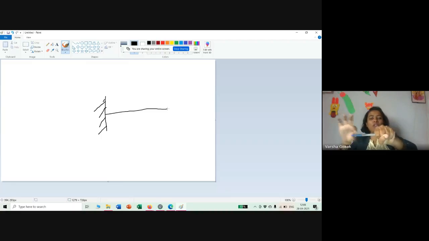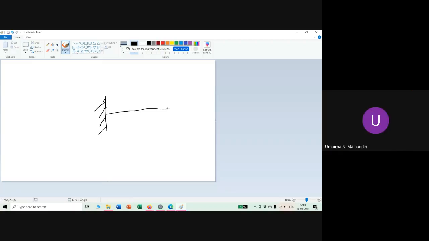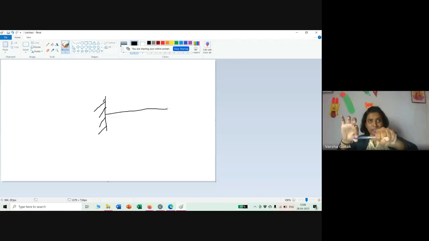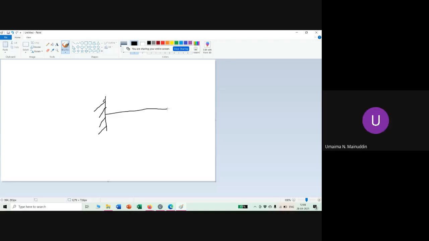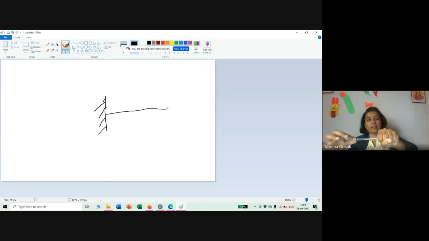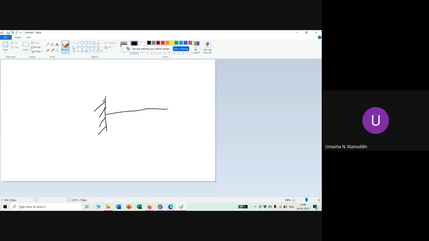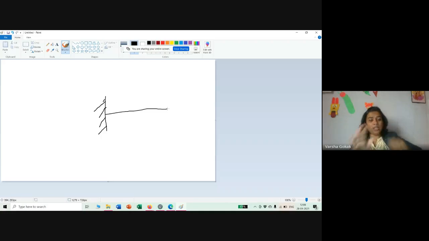Can the pen move in horizontal direction? No, ma'am. Can the pen move in vertical direction? No, ma'am. Can the pen rotate? No, ma'am. So all the 3 directions it is not allowed. That is why you will have the number of reactions as 3 in case of a fixed beam, that is horizontal, vertical, and a rotation. All the 3 are not allowed, and hence the total number of reactions is going to be 3 in case of a fixed beam.